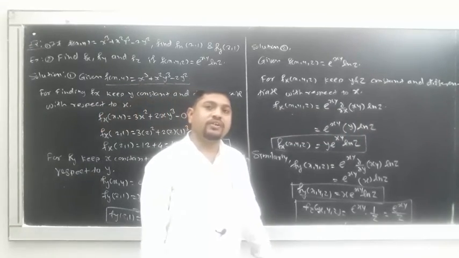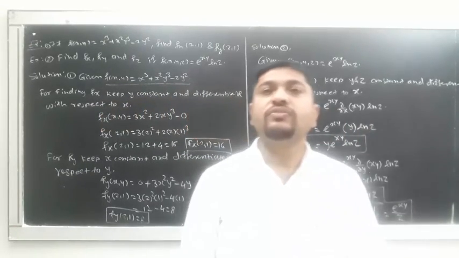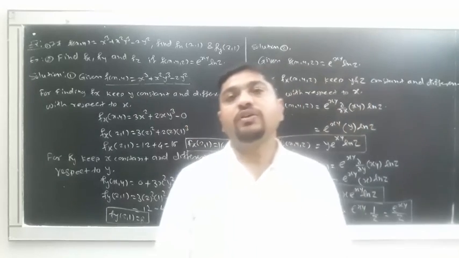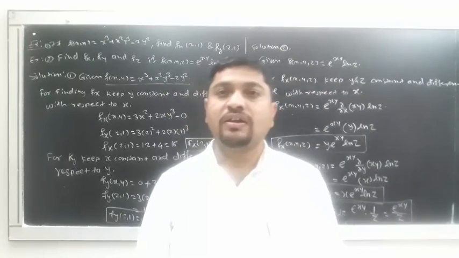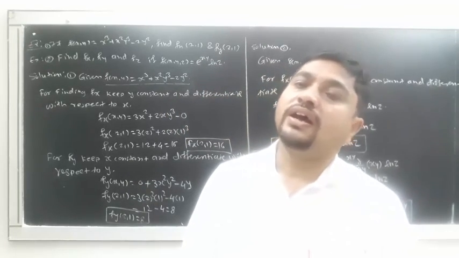So partial derivatives are very simple, you just have to take the derivative with respect to one variable, keeping the remaining variables constant. Okay,